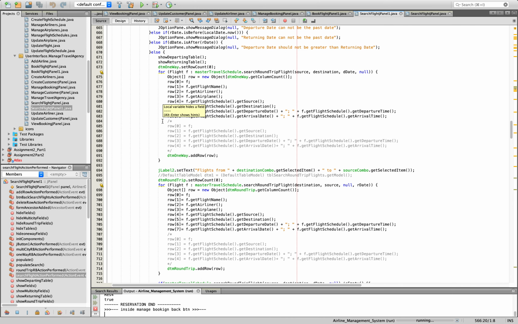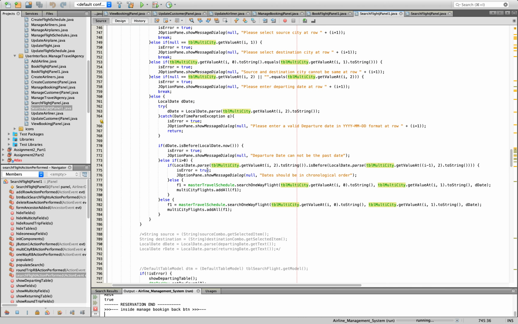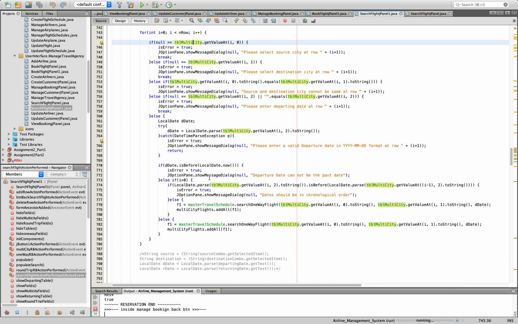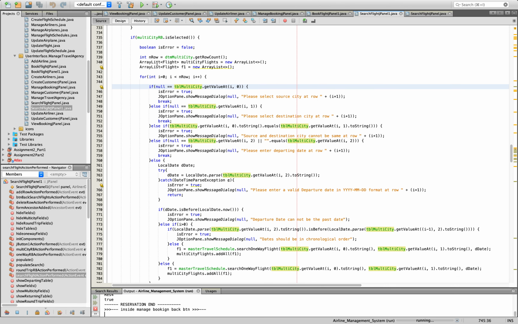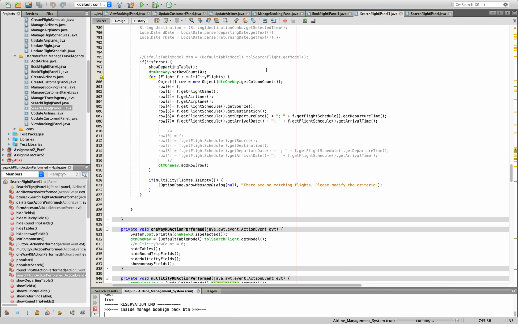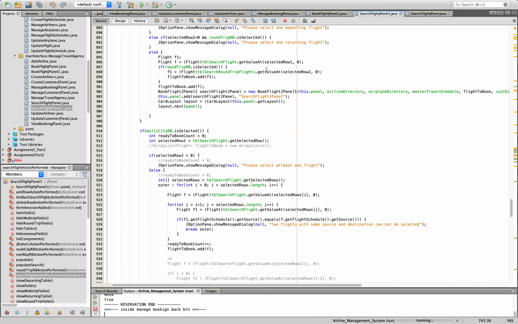If not, I will go to the multi-city condition, and there I'm adding the flight. And after adding the flight, I'm just checking the validations and all, whether I've selected the source city or not, a destination or not. Those are all I'm checking over here. Okay, so yeah, that's pretty much for the multi